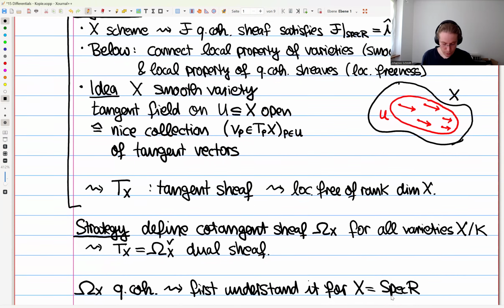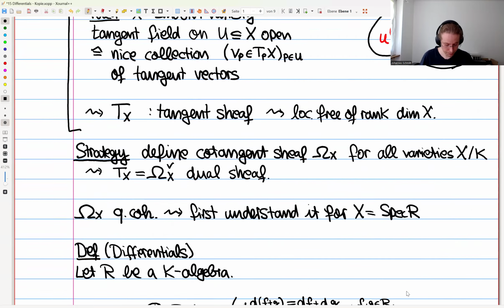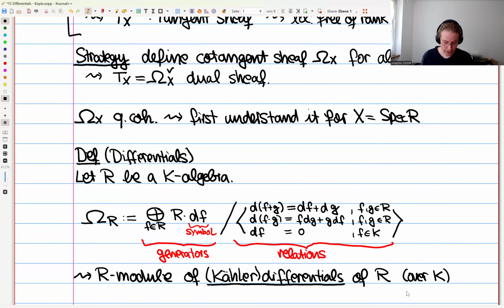And since we expect this thing to be quasi-coherent, it should have a particularly nice form when X is just Spec R, when X is an affine scheme, because then it should just come from some module. And basically in this video now, we're going to just write down what this module is. And this is already the next definition. So if R is a K-algebra, so here we always work now over a fixed field K,